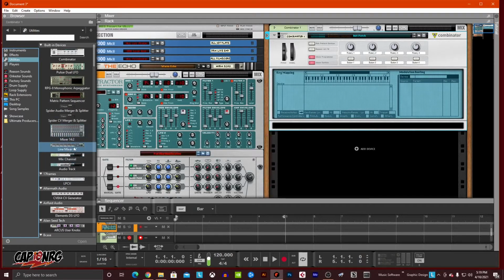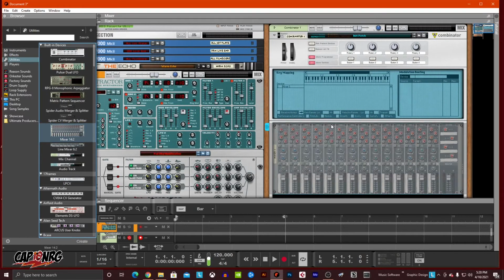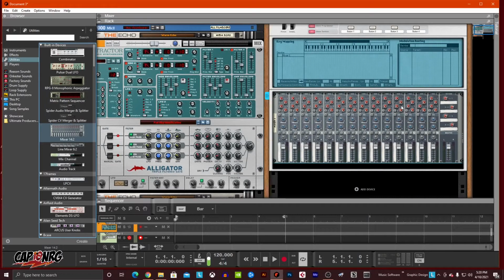Now, you can go with the 6-2, or you can go with the 14-2. I usually go with the 14-2 just because it doesn't add a whole lot more weight to your Reason. It doesn't require much more processing power or anything, and it gives you more channels and more control, because on the 6-2,